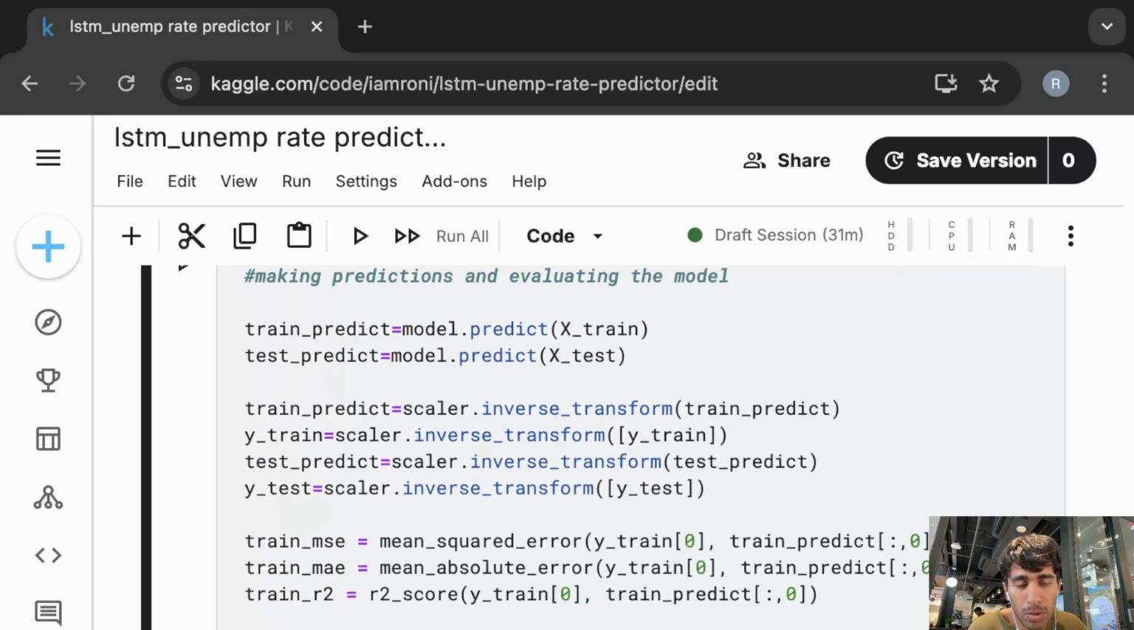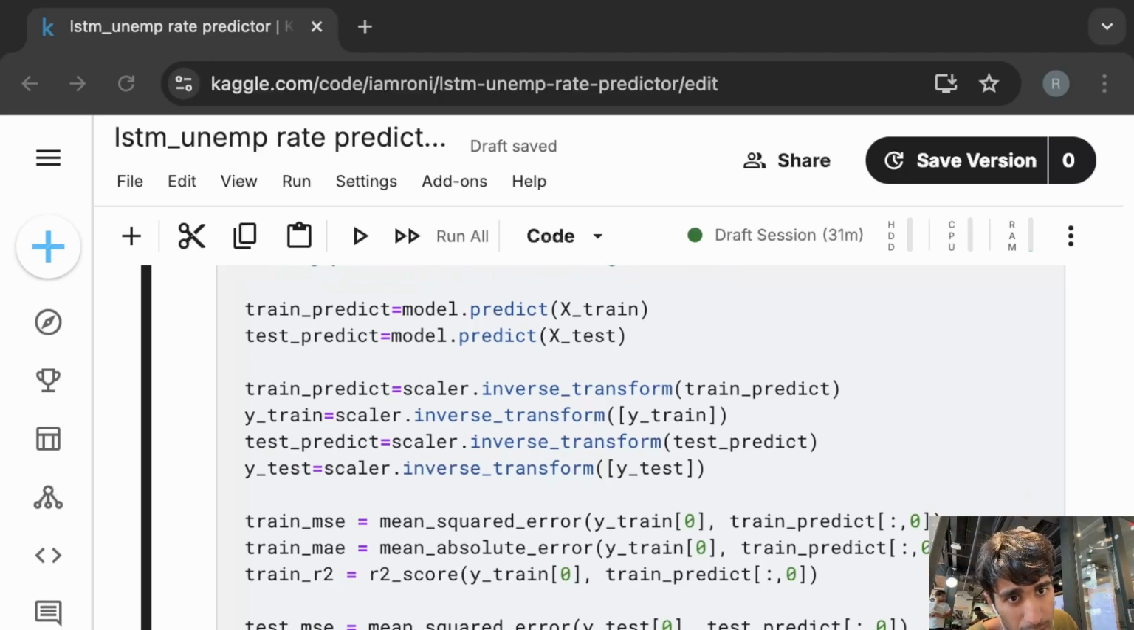Alright, so what I've done here is we have used our trained model to make predictions both on the training and test data. That's exactly what goes on here. And we then inverse transform our predictions to get back to the original scale. And then we calculate mean square error, mean absolute error,